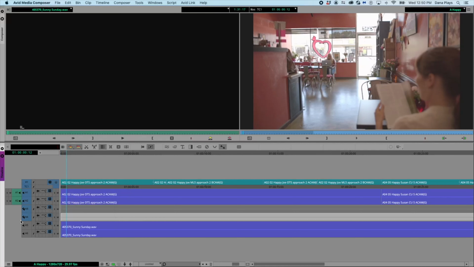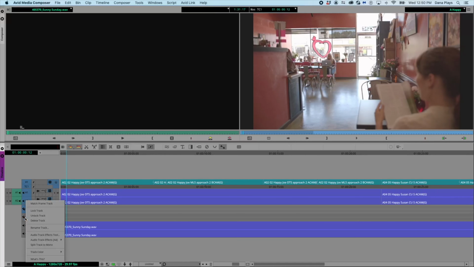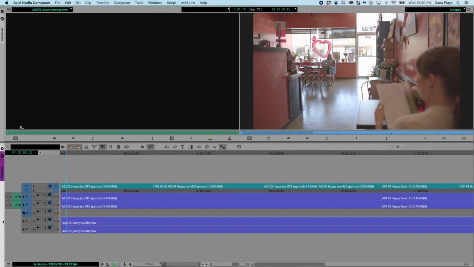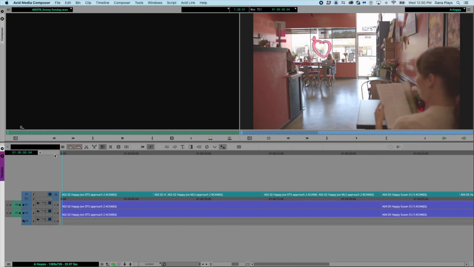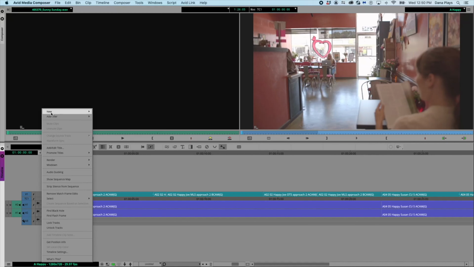And I'm looking for deleting the track. We want to delete that track, so we're doing that. And this is the music. So now all of these tracks, what we'll do is let's delete these tracks, delete and delete. Okay, now in order to add the music, what you want to do is to add two new